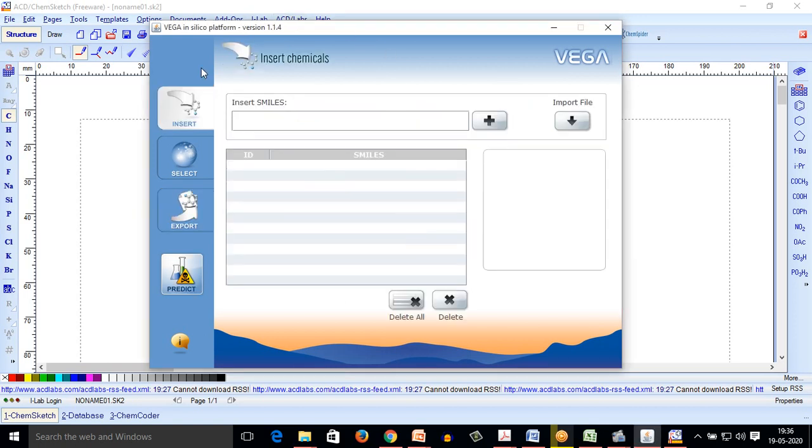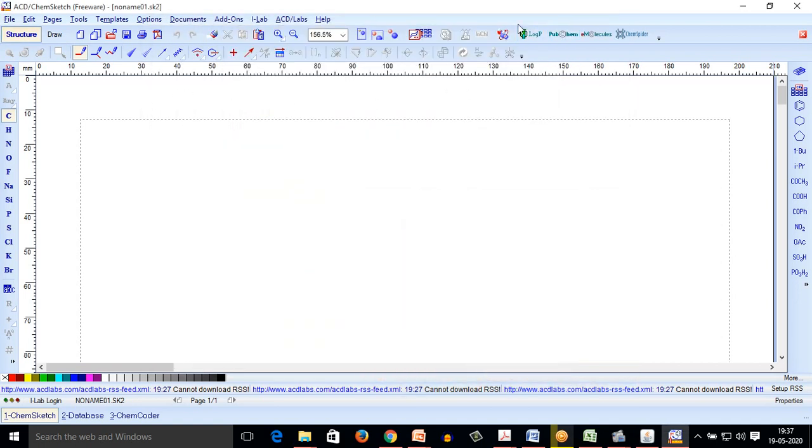So viewers, firstly, coming back to the insert tab, for in silico calculation of the properties, we have to insert the SMILES of a particular compound here, so that the property gets calculated. Okay, so for this purpose we are going to use ChemSketch software.